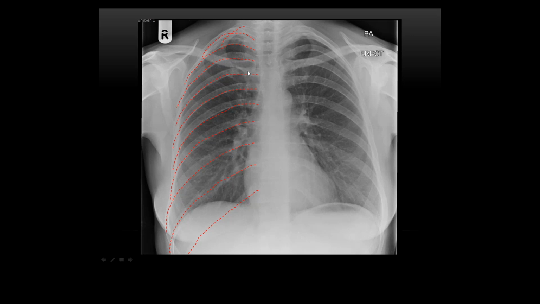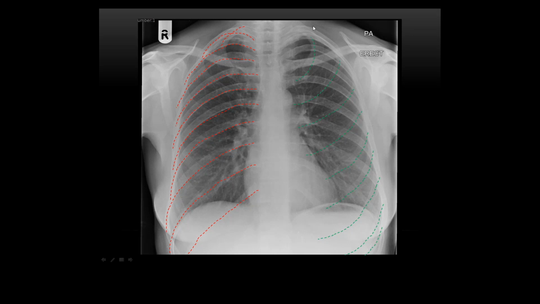So posterior ribs, they go oblique down and outwards, as you can see here, and then anterior ribs go oblique inwards. Okay, so you have more posterior ribs visible and you have fewer anterior ribs visible. You want to be looking for around 10 posterior ribs on a good inspiration and 6 anterior ribs on a good inspiration. So if you see a poorly inspired chest X-ray, you'll see fewer ribs,